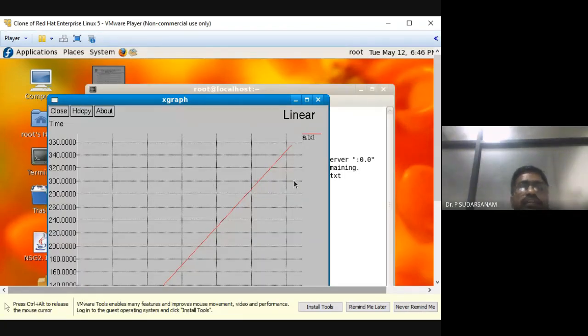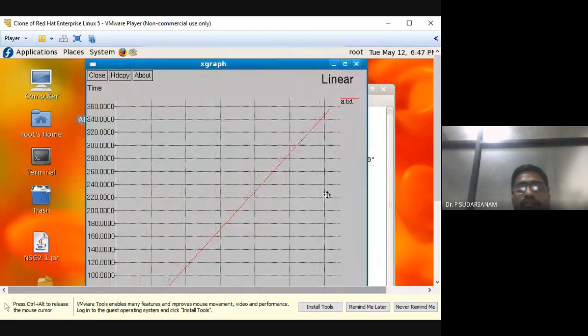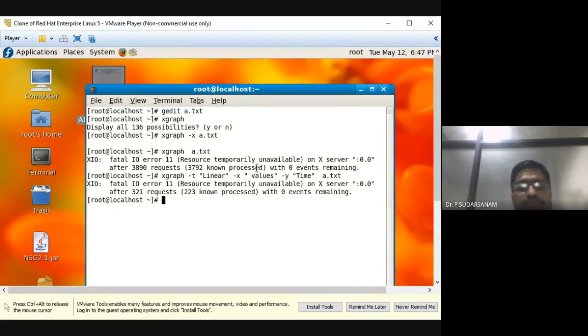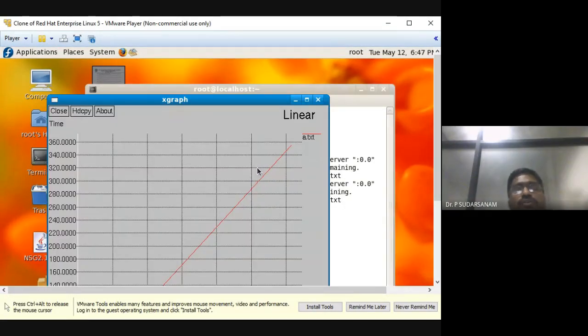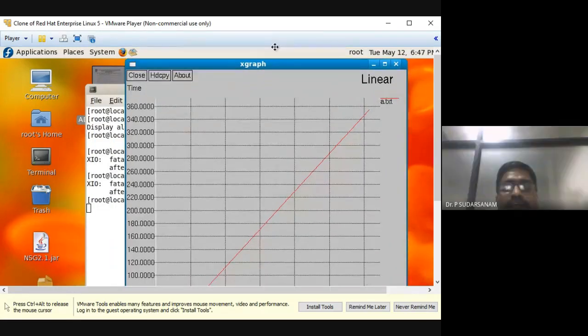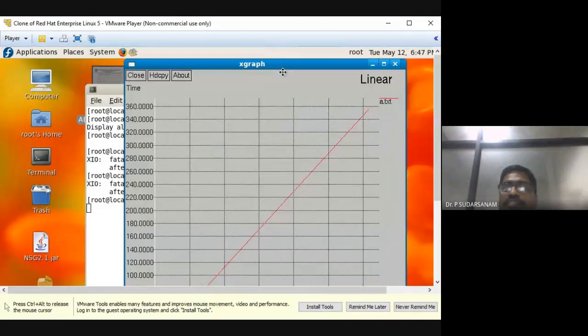See, now you got time taken, and my monitor is not supporting this display. The file name title is linear. This is time. The x-axis is not visible to you people. I don't know whether it is visible or not. Visible down. Spurti: No, sir, it's not visible, only the graph is visible. The x-axis is not visible because of system constraints.